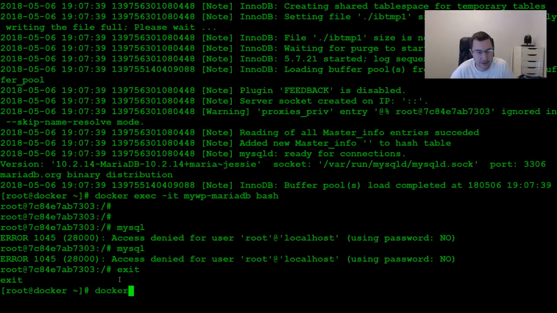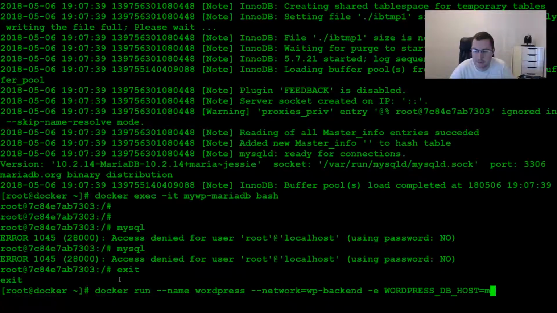So first off, we'll do docker run --name WordPress --network wp-backend -e, and then here we want the WordPress database host. So that is our MariaDB instance. So we'll type WORDPRESS_DB_HOST equals mywp-mariadb